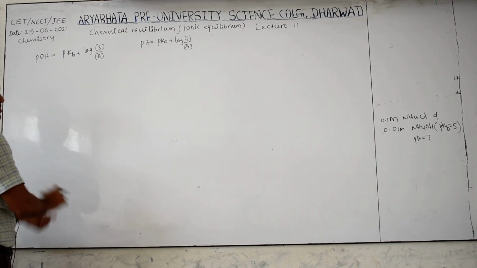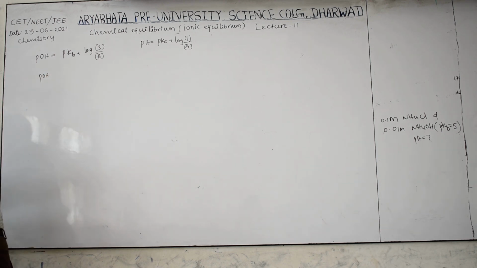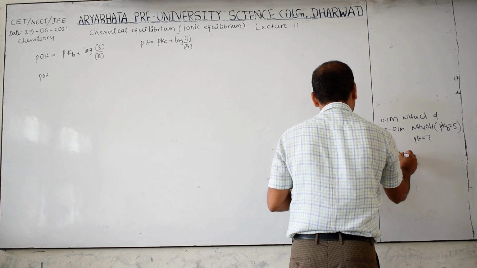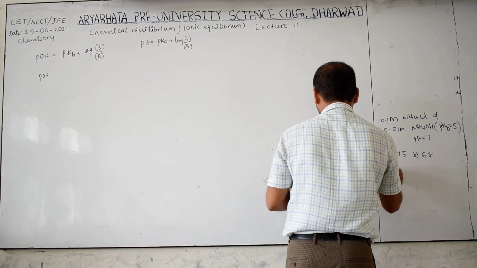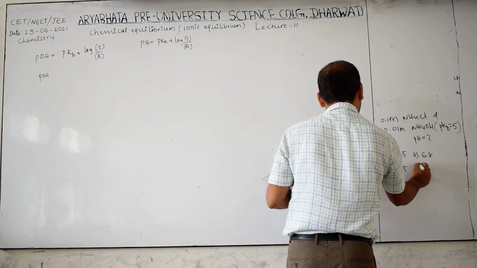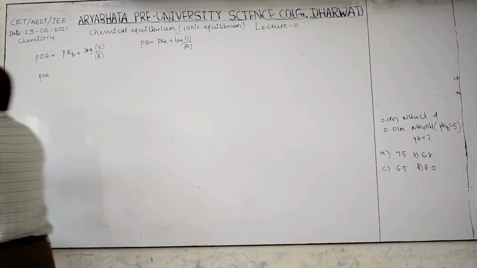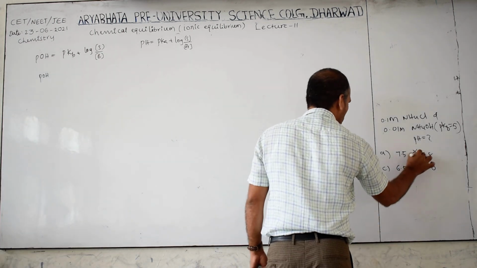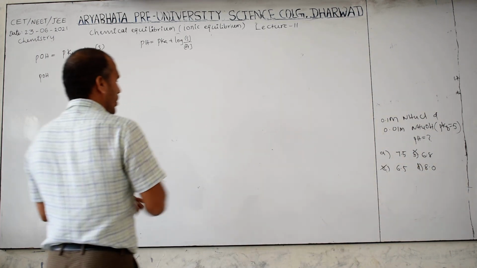Now we know that. I will give the options first, then you will answer easily. What are the options for this question? A: pH 7.5, B: 6.8, C: 6.5, D: 8. Now, how to calculate? This is a basic buffer solution, therefore this is not the answer, this is not the answer. The answer may be in these two, A or D.